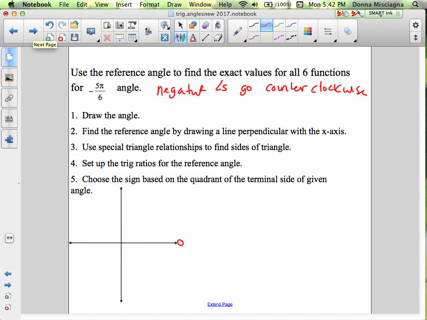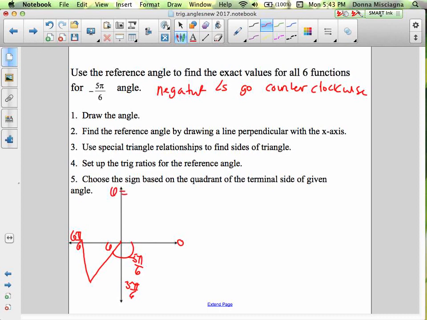So this would be 0. This would be 3 pi 6, because that's half. This would be pi halves, and 3 is half of 6. This would be 6 pi 6. Well, 5 is definitely more than 3, but less than 6. So our angle here is going to be right here. Of course, we have to go perpendicular. So this part here that I just drew in, that's the negative 5 pi 6 part. Sometimes I don't draw that in, and I should. And that right there is what we get